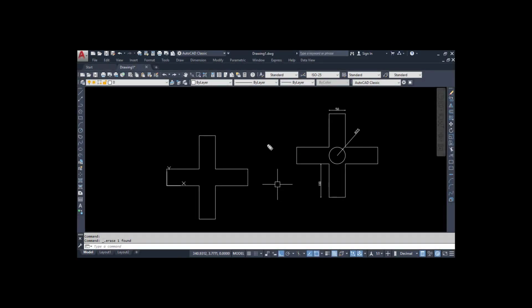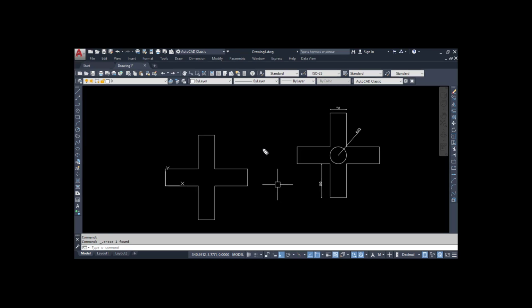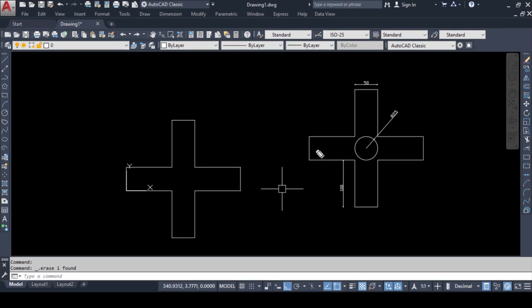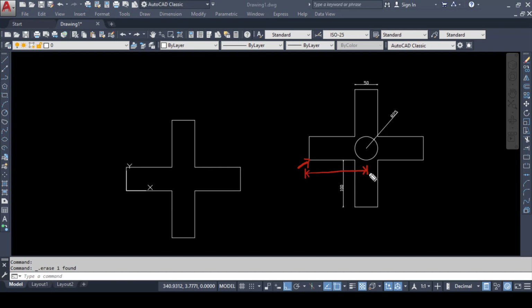Now I have to calculate the center of the circle, which is at the center of this plus point. My origin is located on this point, and I have to calculate the x distance from this point to this point. So I will calculate the x distance first. It will be a summation of 100 plus 25, since it is situated at the vertical axis. So it will be 125 in this case, that is the x value.